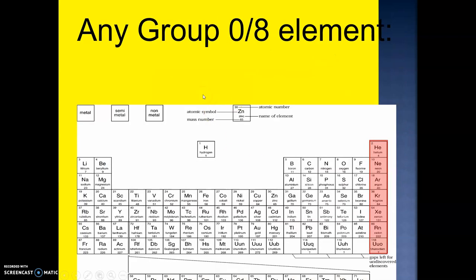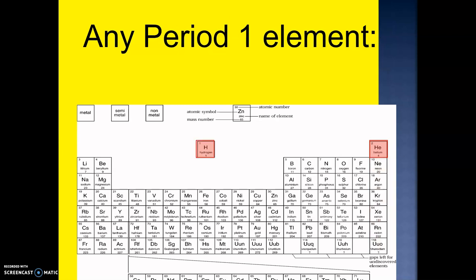Okay. And then can you also highlight the final one here? Pause the video. Just highlight group 0, group 8 elements just here. These are all unreactive noble gases. They're unreactive. That means they don't react with any other element. Okay, continue on with